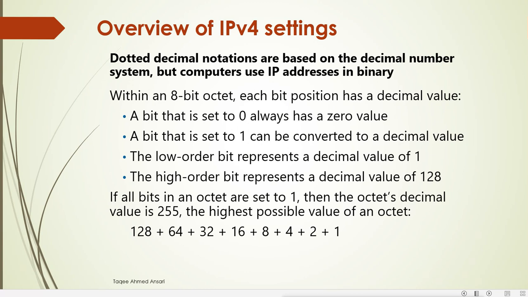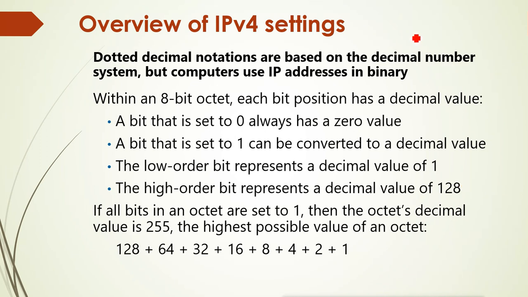It is dotted decimal because it is divided into 4 parts, and each part consists of 8 bits. That means it is divided into 4 parts of 8 bits of binary. You have 8 bits here, then a dot, then 8 bits, a dot, then 8 bits, a dot, and then 8 bits. This is what IPv4 looks like.